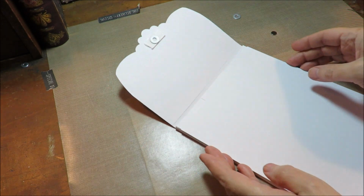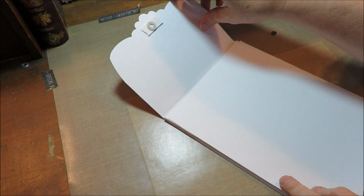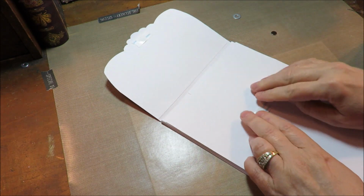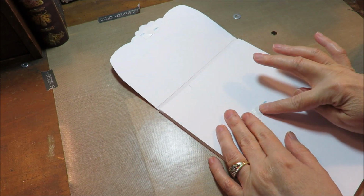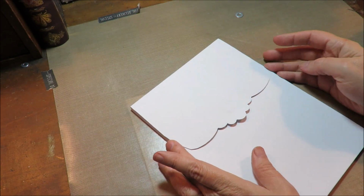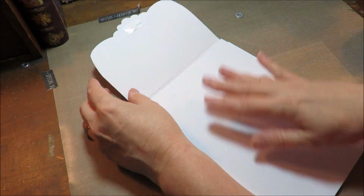And then I'm going to make sure my album is shaped the way I want it to be shaped. Bring this down and press. Okay, so now my magnet and my washer are placed in their proper spots. Now that I have the magnet and the washer placed for the cover,